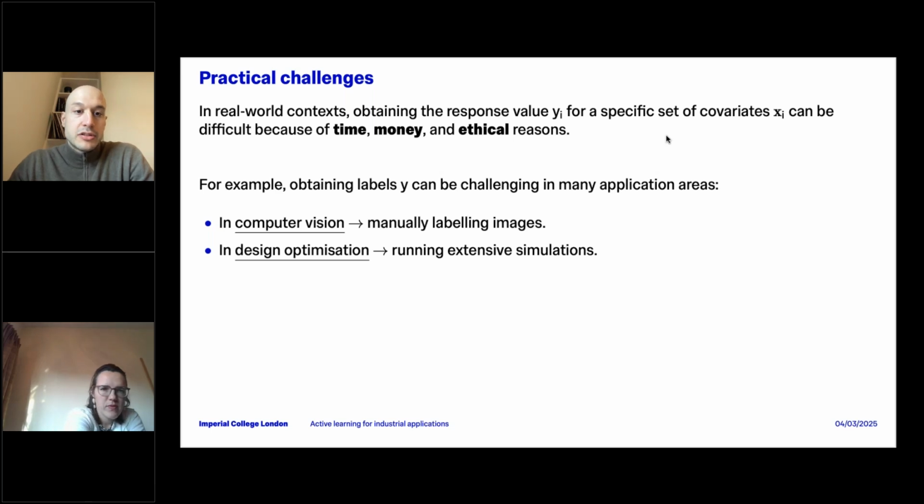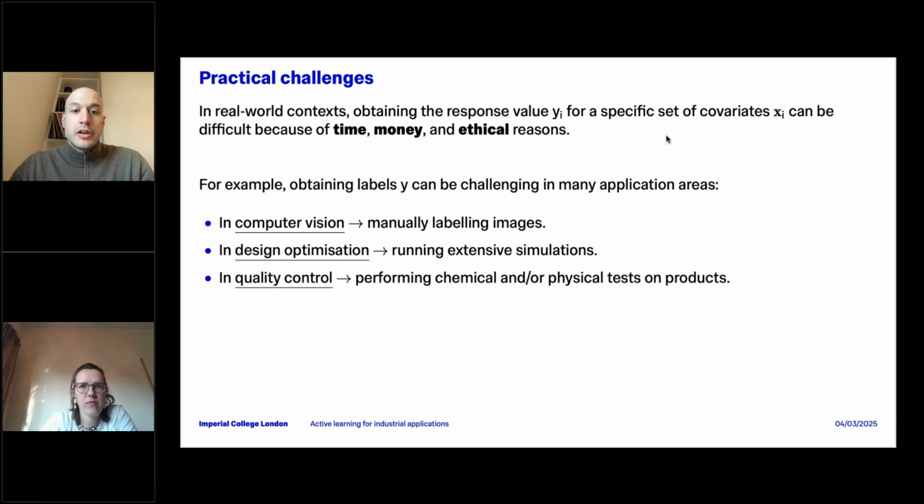In design optimization, in industrial engineering, we might have to run extensive simulations. In quality control, this might be performing chemical or physical tests on products, which sometimes are also destructive tests. So we might need to have lots of products or components available to inspect and get a real quality measure of the components.